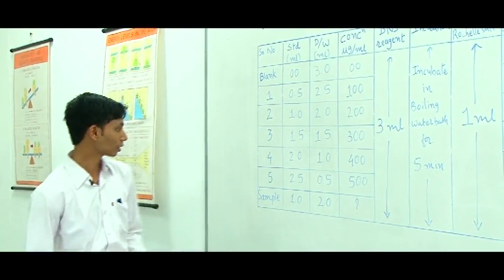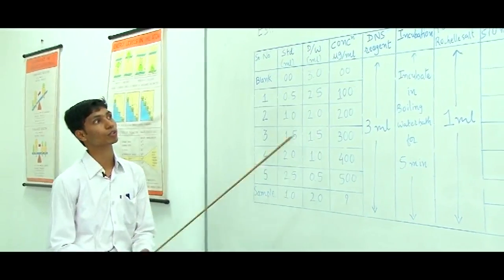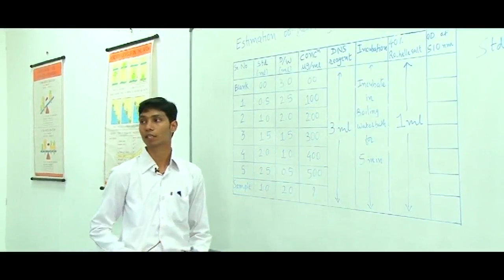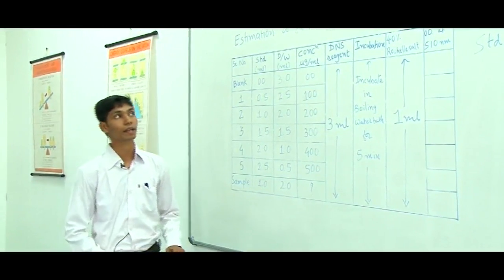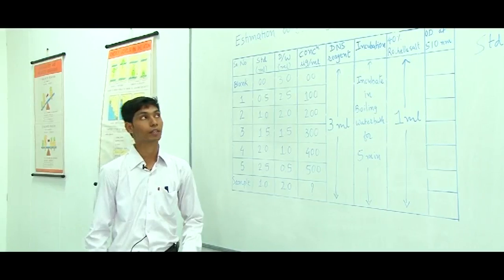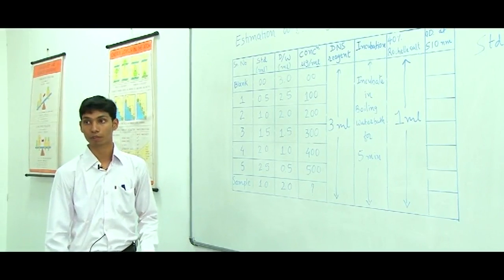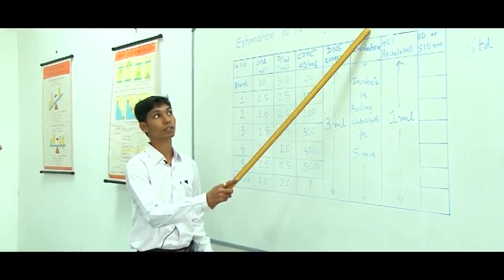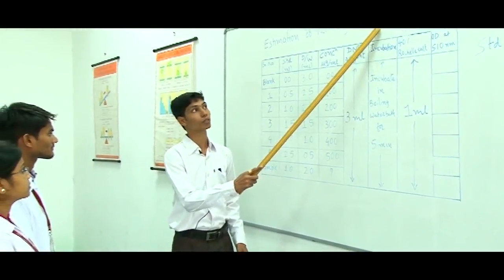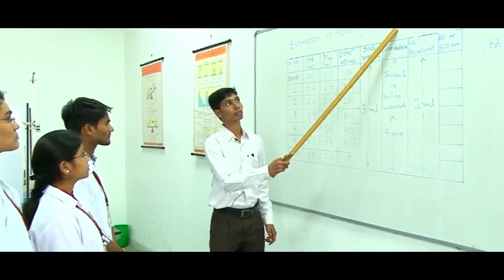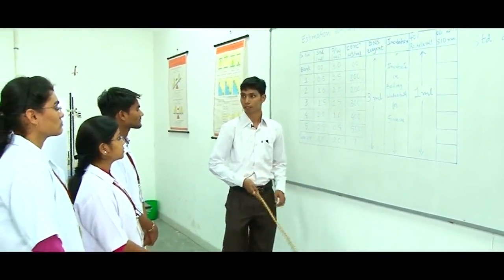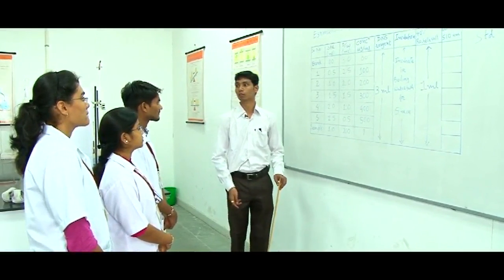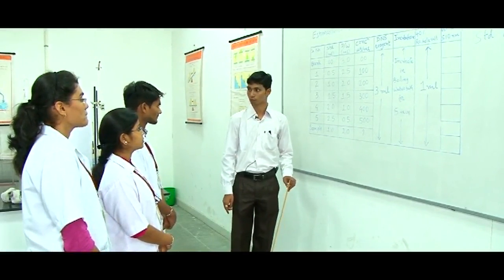One such method is the estimation of reducing sugar by the DNS method. DNS stands for dinitrosalicylic acid, it is 3,5-dinitrosalicylic acid. When reducing sugars are present in our sample, they will reduce the dinitrosalicylic acid, which has 3,5-dinitro, to 3-amino-5-nitrosalicylic acid, and it will give a color complex. That color can be quantitatively analyzed by the spectroscopic method.